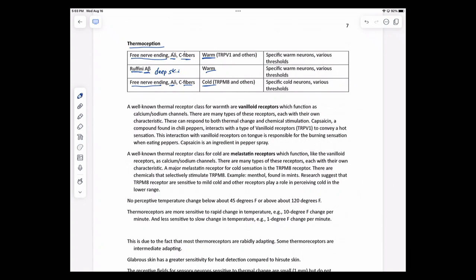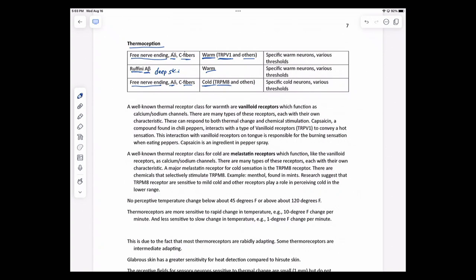Now, when we're talking about warm or cold, we're talking about receptors that are sensitive to temperature. So for warm, we're talking about a type of receptor called TRPV1. There are others: there's TRPV1, there's TRPV2, TRPV3, TRPV4. So there are multiple types of receptors that are functioning as thermal warm receptors. But the TRPV1 is probably one of the best characterized, but there are others. When it comes to cold, the major receptor, or the best well-characterized receptor, is going to be your TRPM8.